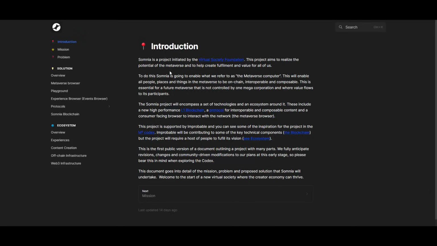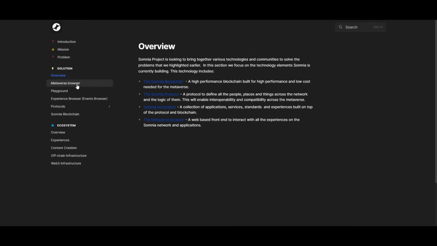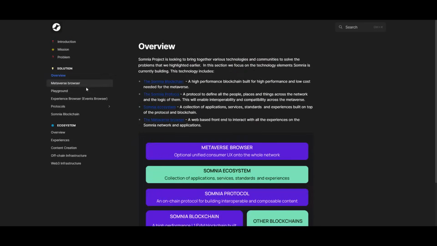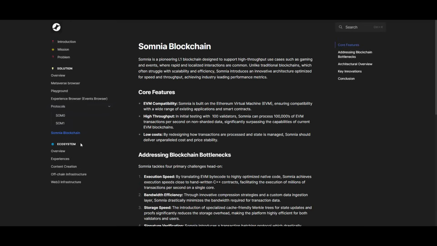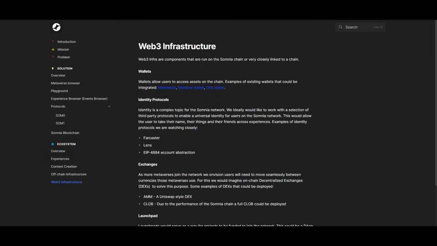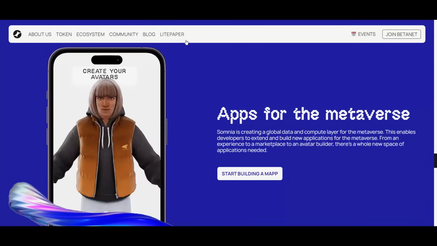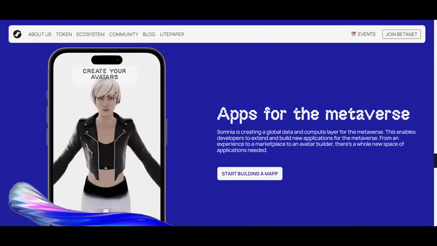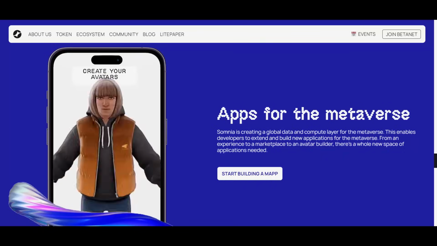So we have a nice little introduction here, guys, as you can see. Then you also have their mission, the problem they solve, and all of that. The solution to the problem, all of that is explained in this Lightpaper, guys, and you can access it through the website. If you go here, you have this Lightpaper section which you can view. So the Lightpaper will be in the other video in more detail, but what I also wanted to highlight is some of the key